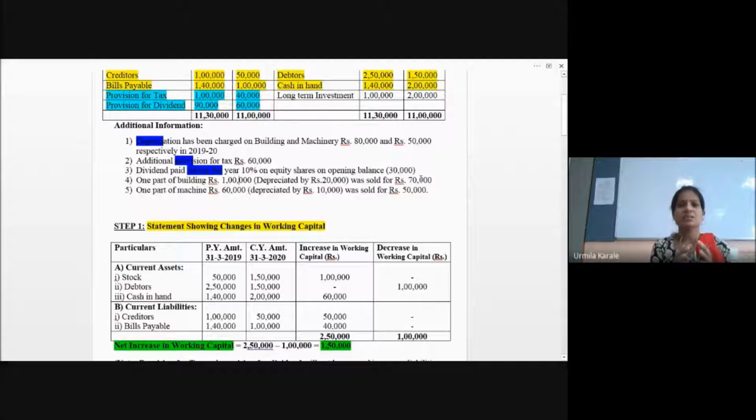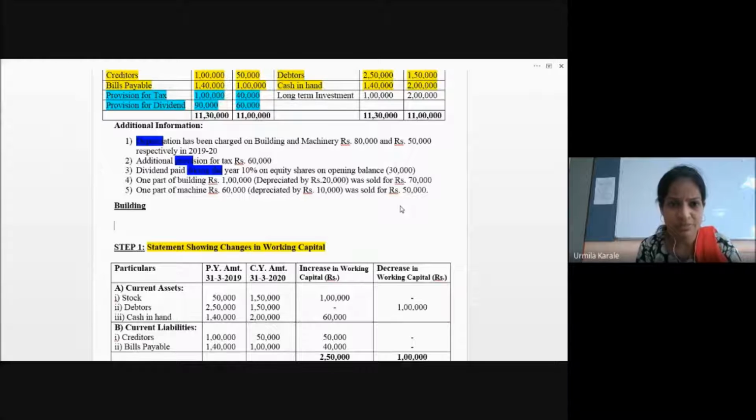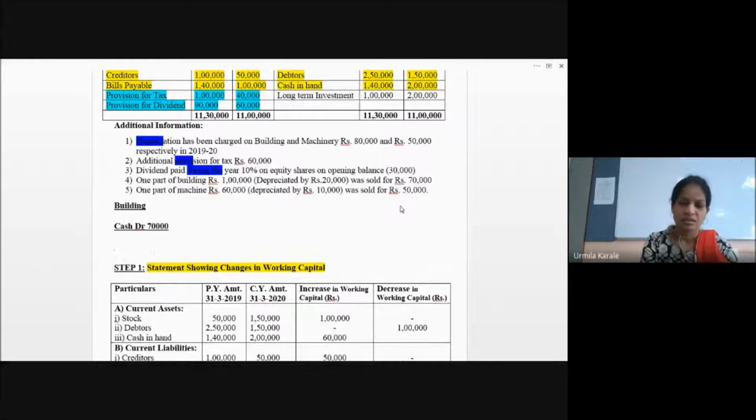Now, if I am selling something which has a value of 80,000 and receiving 70,000, it means a loss of 10,000. So I'll write it here for your understanding. If I'm selling the part of a building, cash comes in. How much cash comes in? Cash account is debited when cash comes in, so cash comes in 70,000. Next line, you are suffering a loss. Why loss? 80,000 was the value of that part you have sold, and you are selling it for 70,000. So 10,000 is the loss, which we charge to the profit and loss account. So the profit and loss account is going to get debited by 10,000.